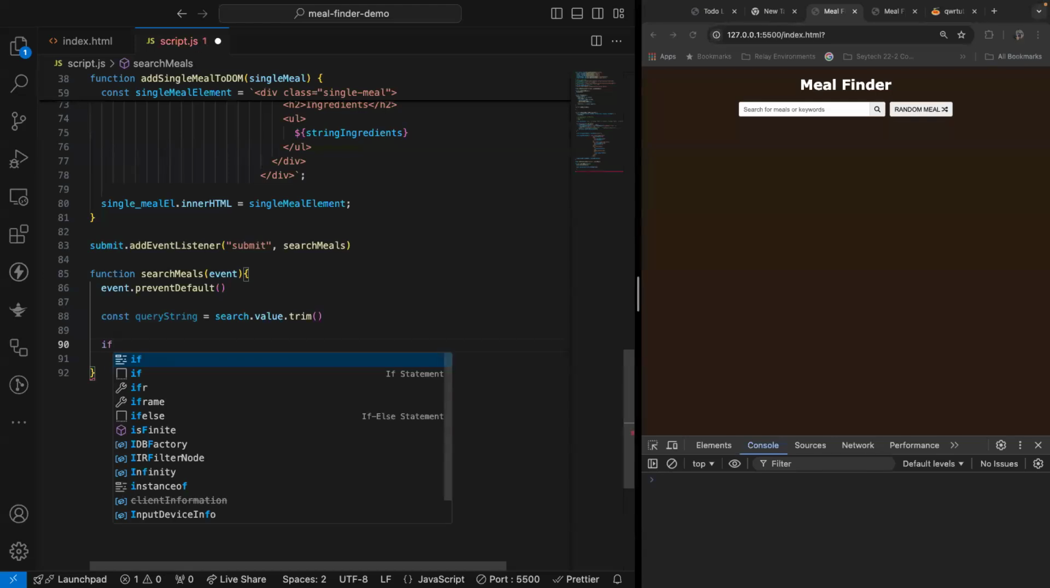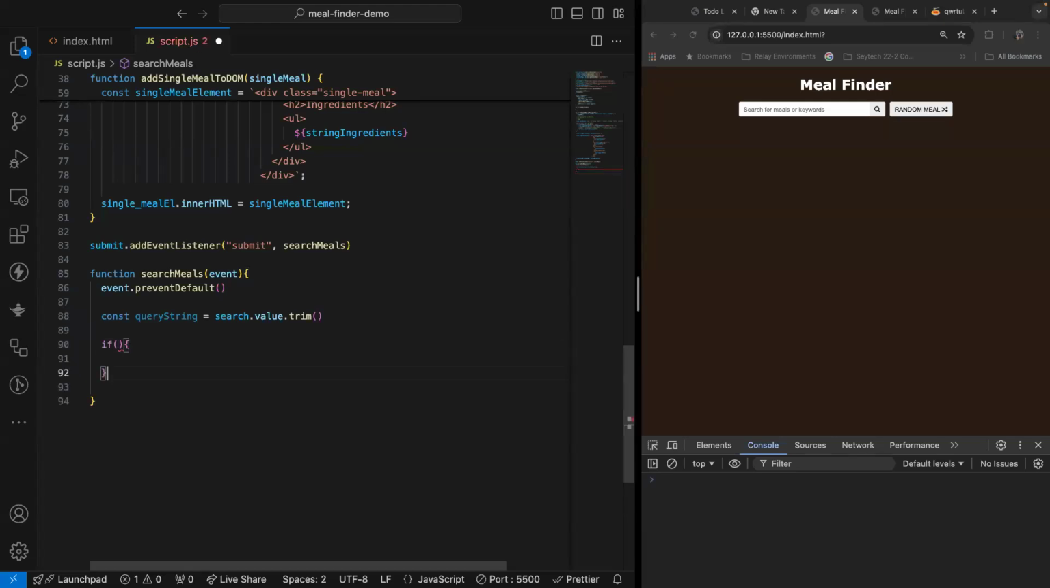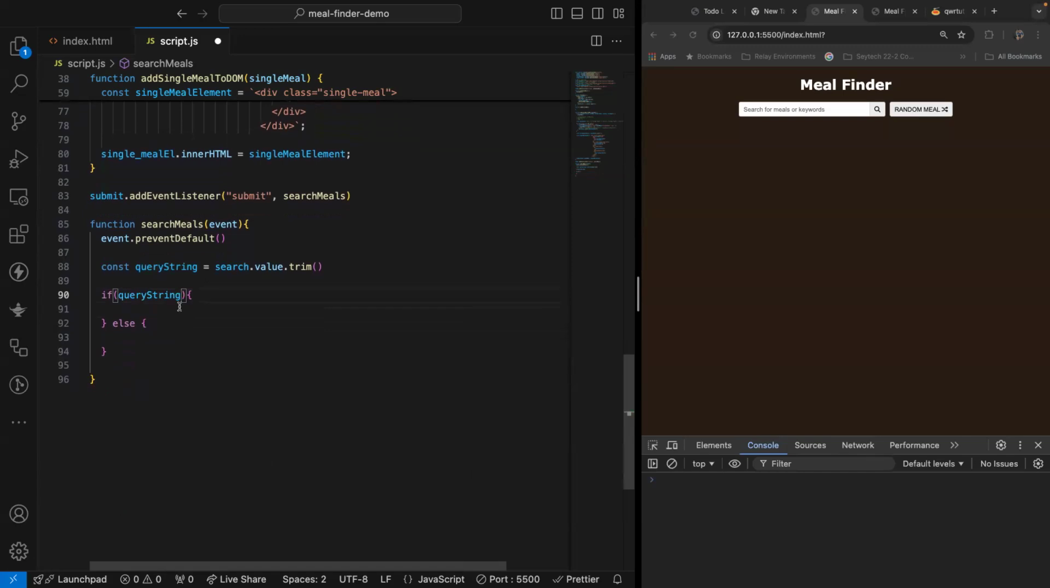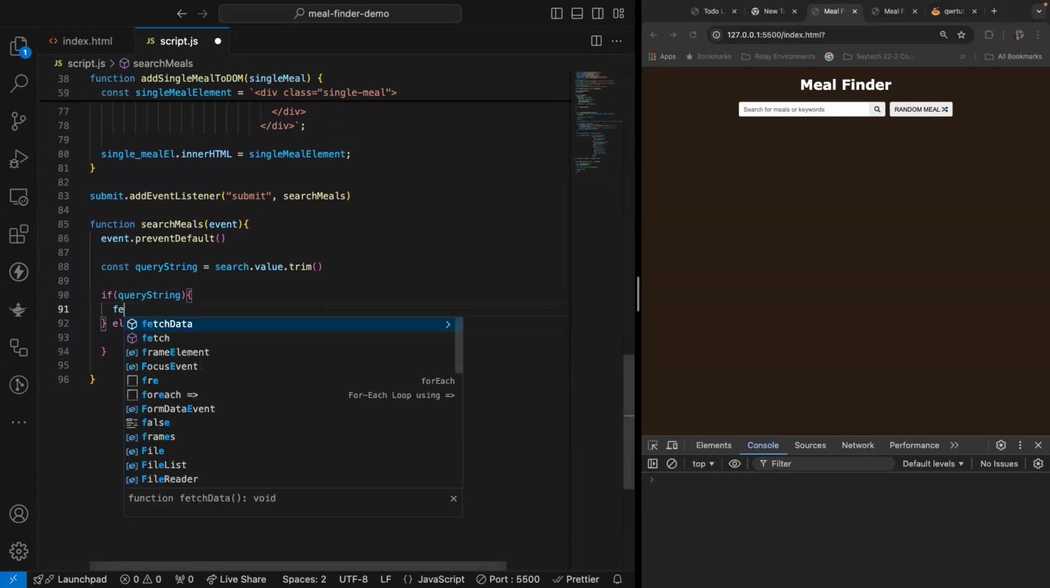And now we can do an if. If I have a query string, which means that it's not an empty string, right? We already did it over here in the console. If I have a query string, it's not an empty string, then I can run my fetch,